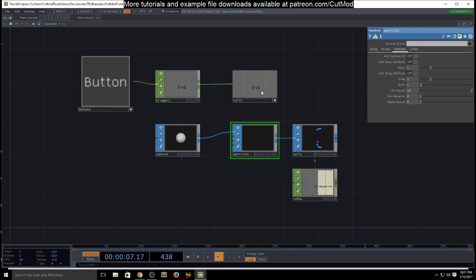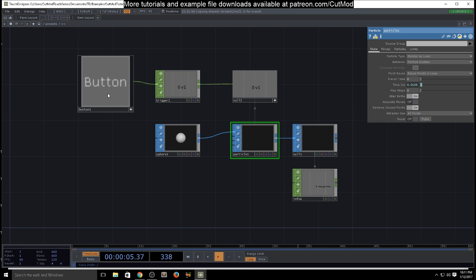So if we don't do anything to it and just map that directly to our birth, kill off those particles, as you can see, we're not necessarily seeing anything happen, because right there what we're doing is telling the particle stop to spawn 1 particle over the course of a second, but we're only telling it that for 1 frame, so it might not trigger. So what we need to do is multiply our value that we're telling to be the births per second by our frame rate. An easy way to do that is using this time increment thing. Just copy that out of there,